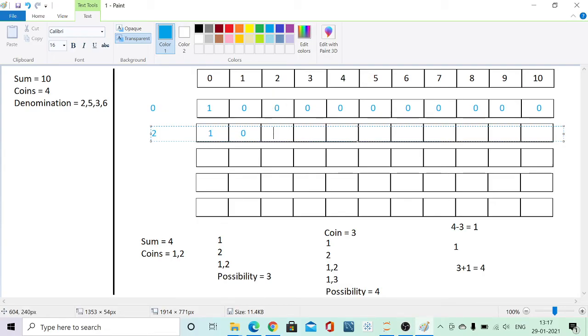Now if I have added a new coin, I only need to find if I can reach a step which is 2 less than this number. That is, if I am able to reach 0, I can reach 2 by using a step size of 2 because I have a coin of denomination 2. So the number of ways to reach this place will become this number plus this number, that is 1.